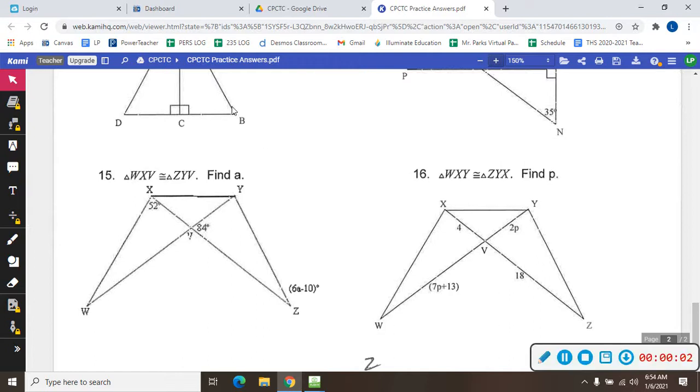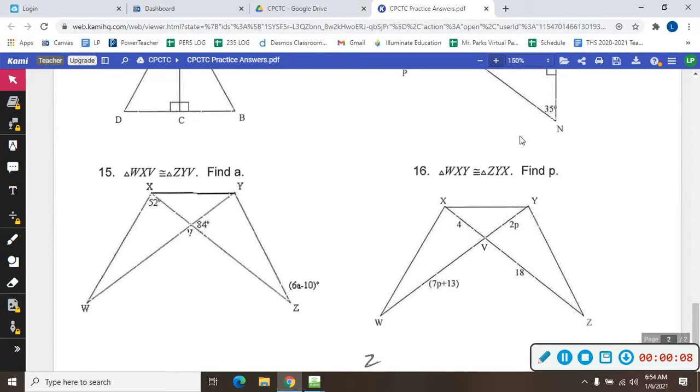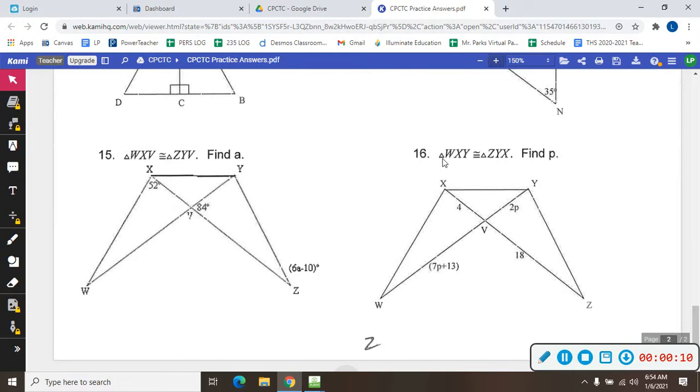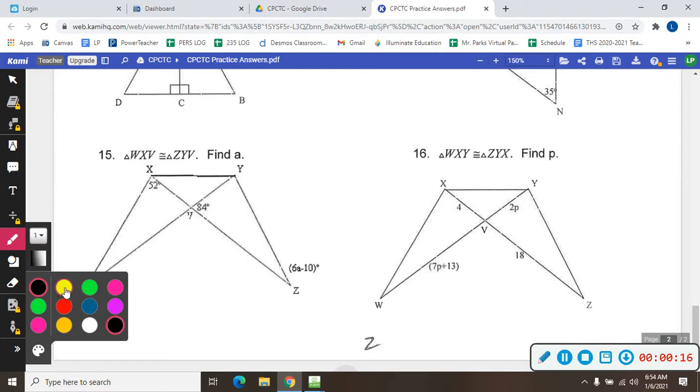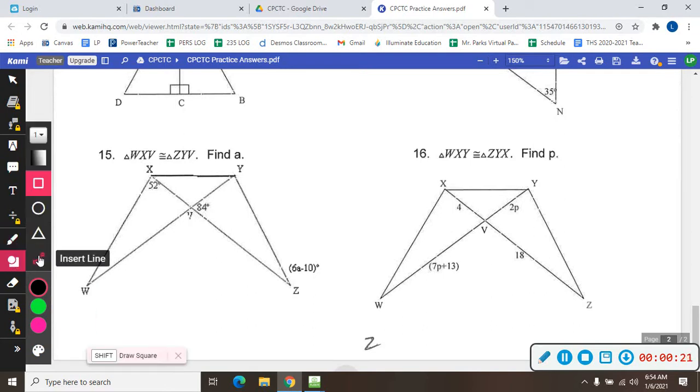So I thought I would do a couple problems for you. So problem number 16, we'll start there. First thing it says that triangle WXY, so if I were to draw WXY, let's see, so that means you start at W, you go to X,